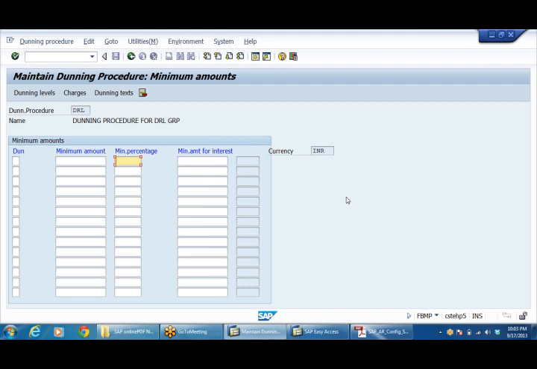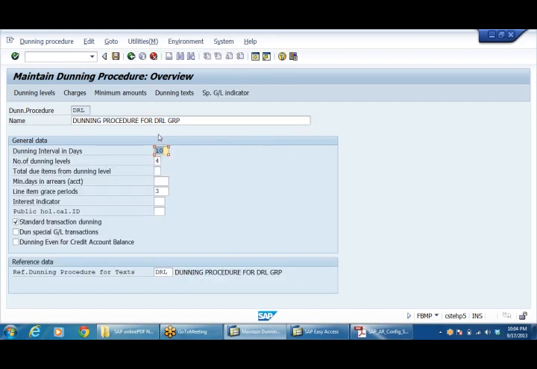Whatever the outstanding amount, the banker will send us only a small due amount. Even if you have around 30,000, 40,000, they'll say pay only 500 rupees or 5,000 rupees, because he doesn't want us to make the full payment so that he can charge interest. So like that we can do. Of course, I'm not doing any minimum payment. Right, Dunning text, everything is done.